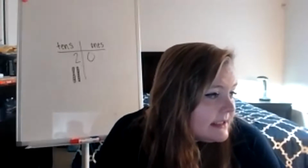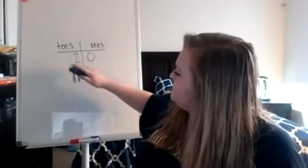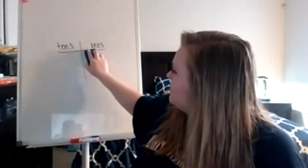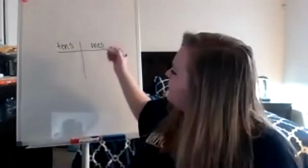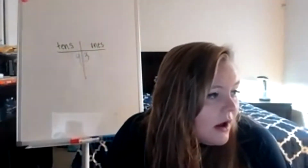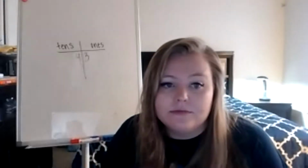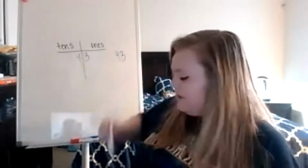Then it says, if I had 43 stickers, how many groups of 10 do you think I could make? Will I have any leftovers? Explain how you know. Remember, when we're looking at the number 43, the 4